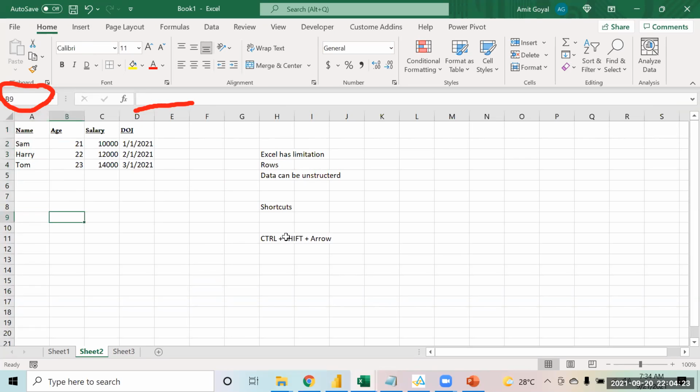And if you will press Control plus arrow, right? If you press Control plus arrow, what that does is it takes you to the last cell. It is going to take you to the last cell. Okay. Control Shift makes the selection. Control arrow takes you to the last cell in that case.